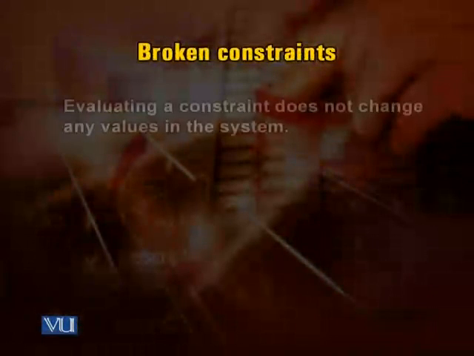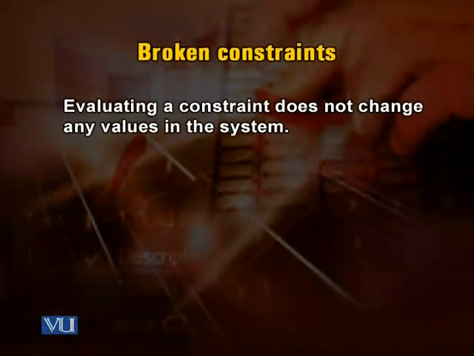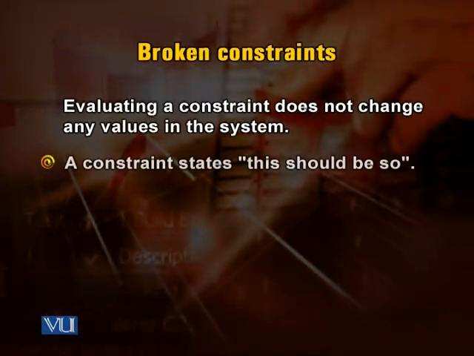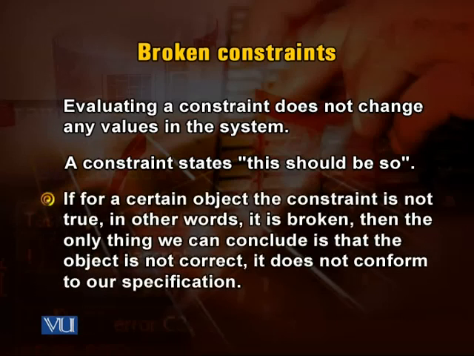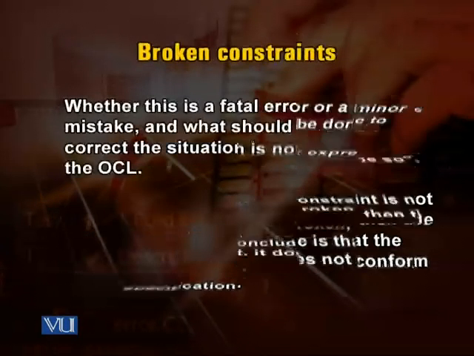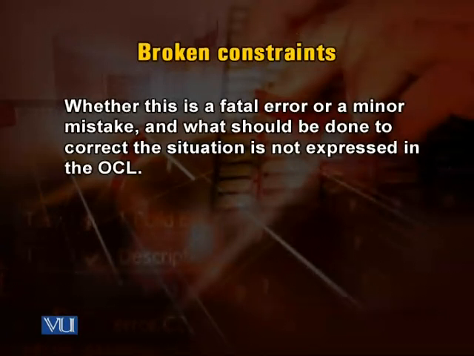And finally we have broken constraints. Evaluating constraints does not change any values in the system. A constraint states this should be so. If for a certain object the constraint is not true, in other words it is broken, then the only thing we can conclude is that the object is not correct. It does not conform to our specifications. Whether this is a fatal error or a minor mistake and what should be done to correct the situation is not expressed in the OCL. So here once again